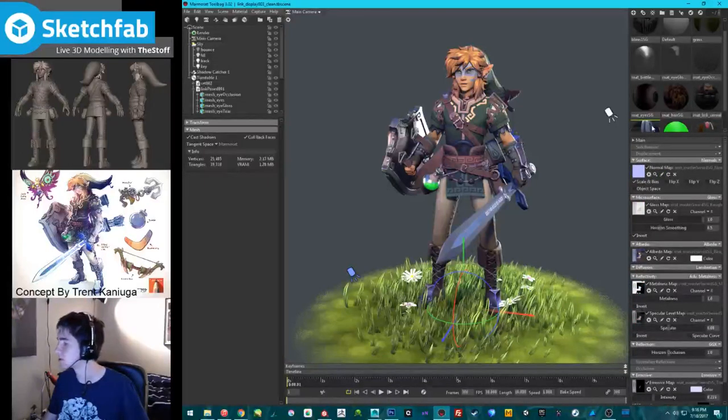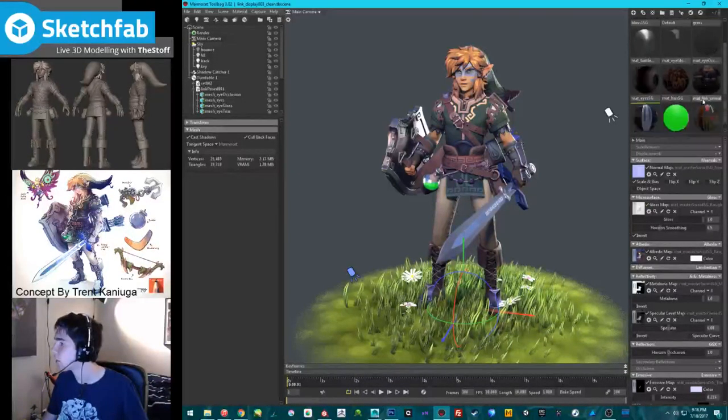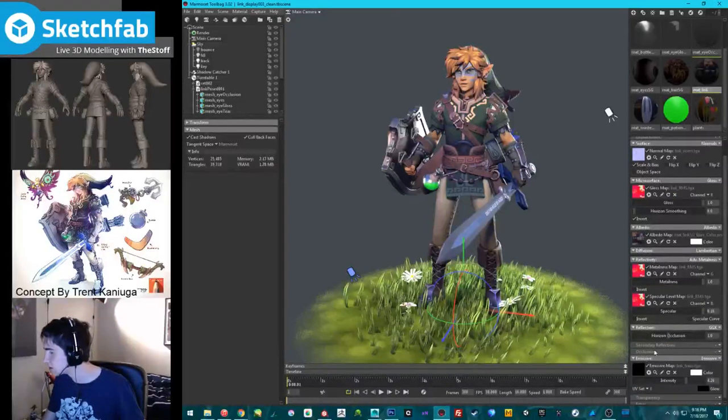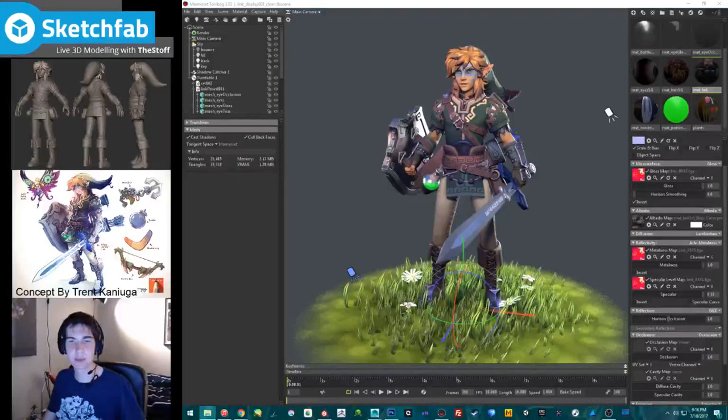So next is the weapons. Oh, and he has the eyes too. Well, the eyes don't have a lot of shaders going on, so that's okay. Wait! I forgot one thing. First of all, I'm gonna get rid of that. But I forgot occlusion. Oh, he didn't even have occlusion to begin with. This will be fun. So this is gonna be R, and this is gonna be B. So AO. Oh, you can hardly tell.